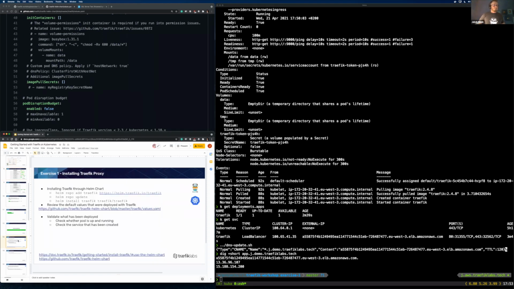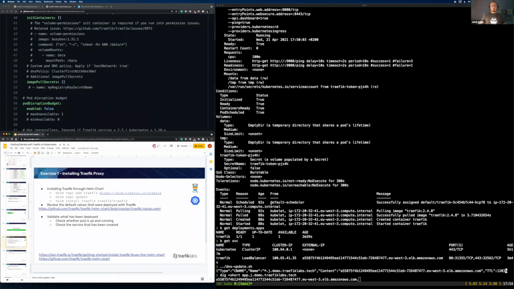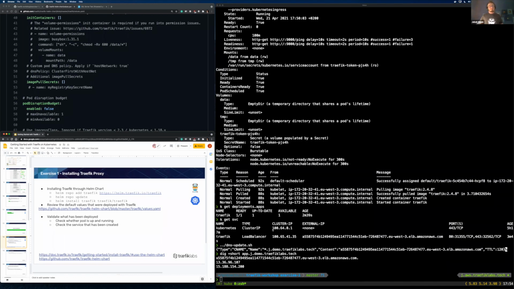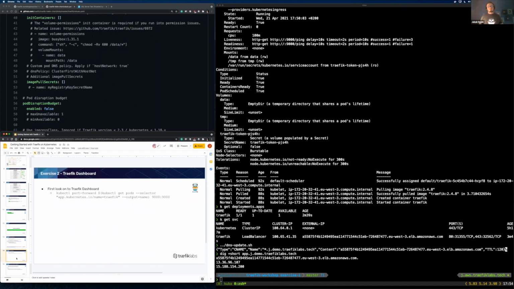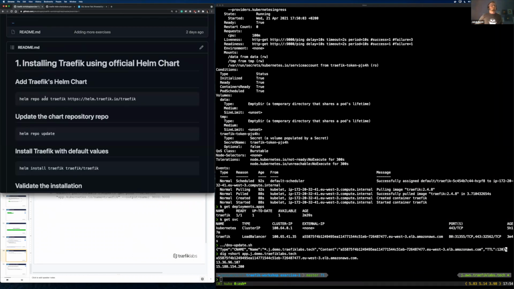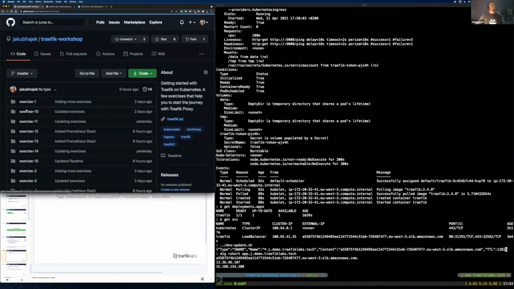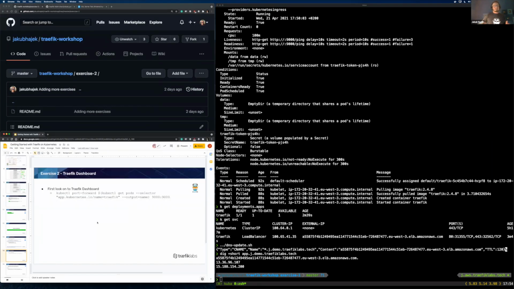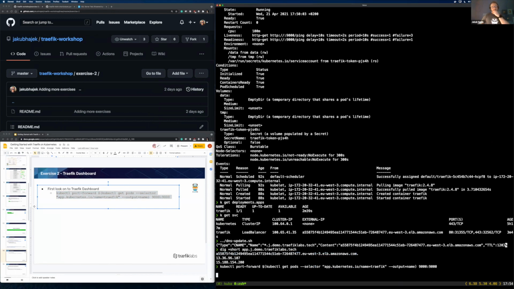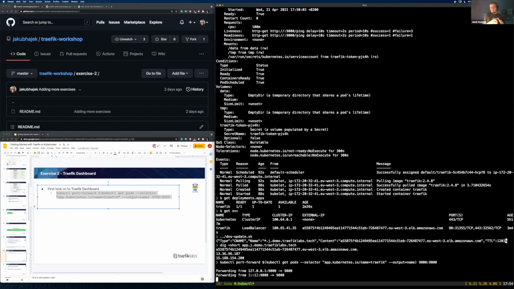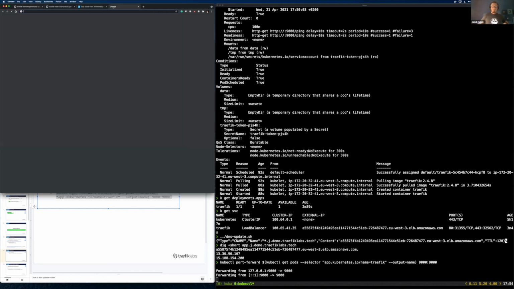Yeah, so we deployed Traefik. I showed you the pod, I showed the default values, and I showed the service, which is very important. And now, without any extra configuration, we can switch to the dashboard. So let me actually change the exercise here. The easiest command is just to use port forwarding. So let me copy that command. It will create port forwarding between my workstation and the pod, because with the selector it connects directly to the pod. So now if I go to localhost,